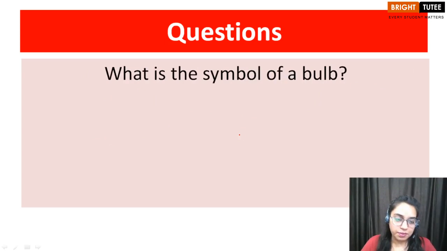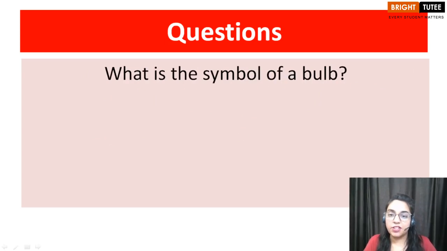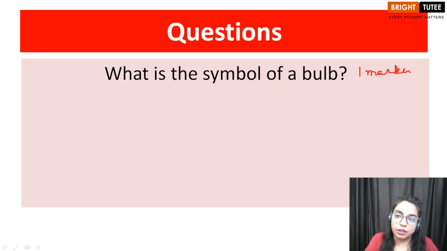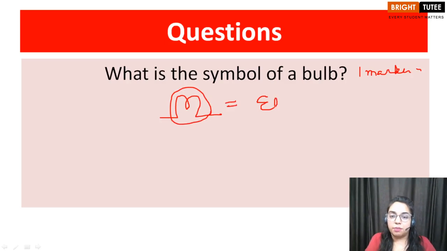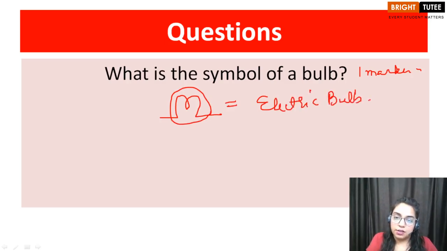Okay, then the next question is, what is the symbol of a bulb? In this case, this question can come as a 1 marker, and you will have to draw the diagram, and you will make a coil like this and you will enclose it within a circle, and this represents the electric bulb. Okay children,